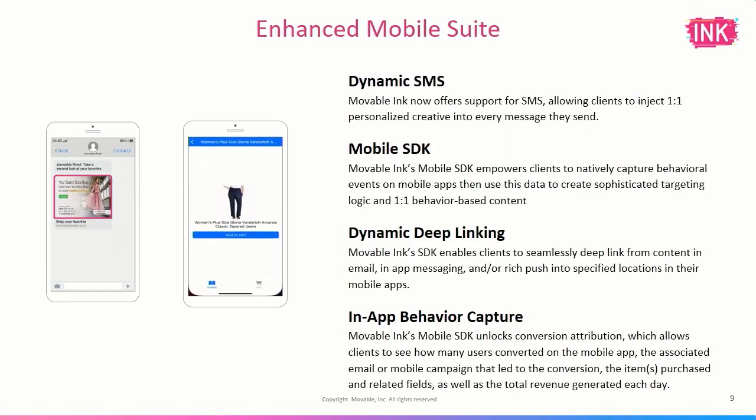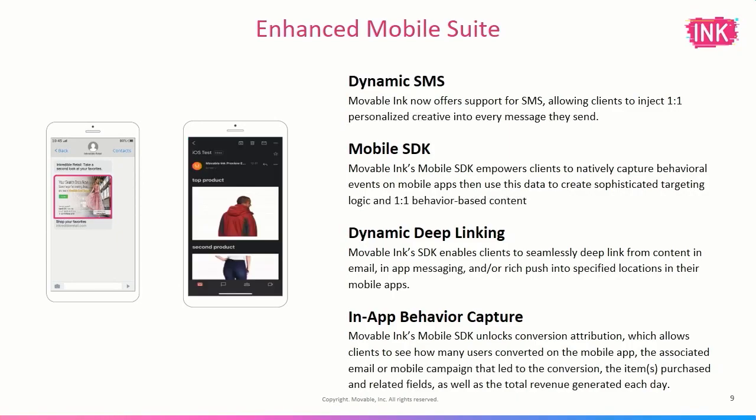I want to unpack some of the details here. If you haven't thought about the mobile SDK, it actually delivers significant capabilities, not just the ability to personalize content through a mobile push. It enhances the experience that your customer can have from an email to your mobile app. It tracks the mobile app behavior and can inform what you should say or present in your emails. So it's got this bi-directional nature in our platform that once you get your head around what you can do with the mobile SDK, you realize it unlocks a tremendous number of use cases